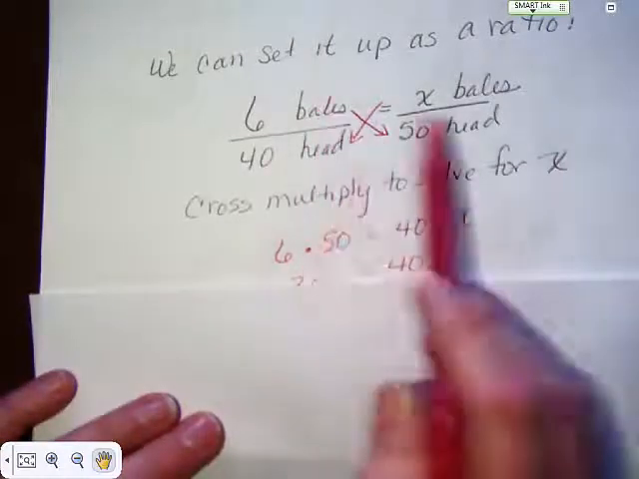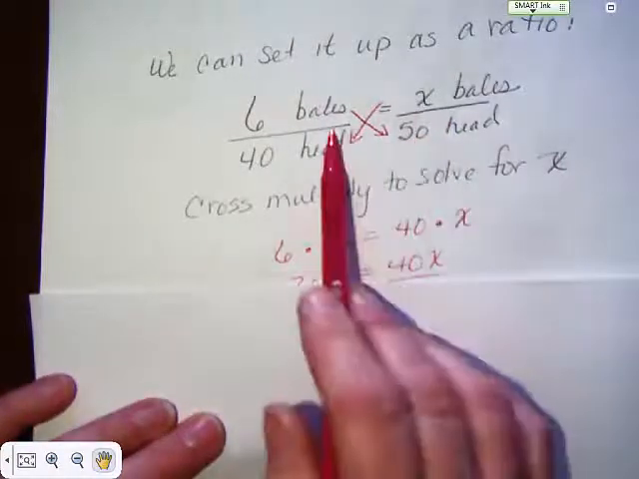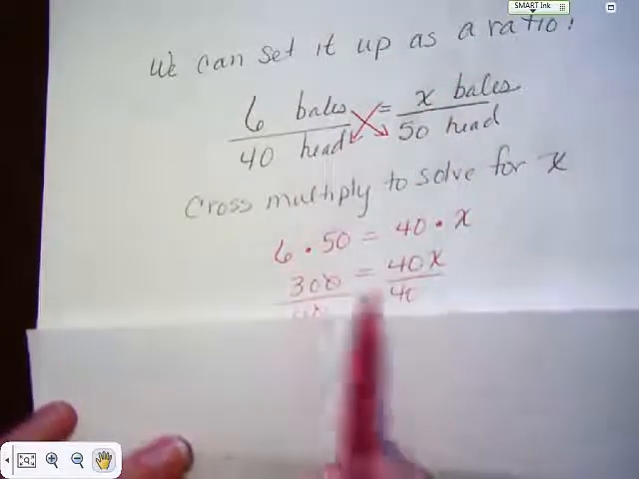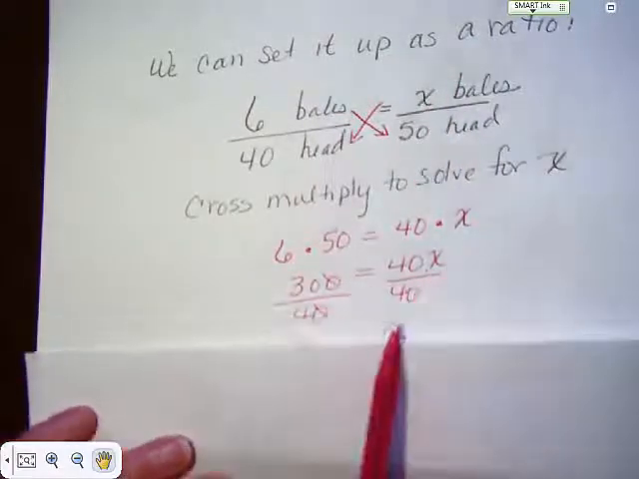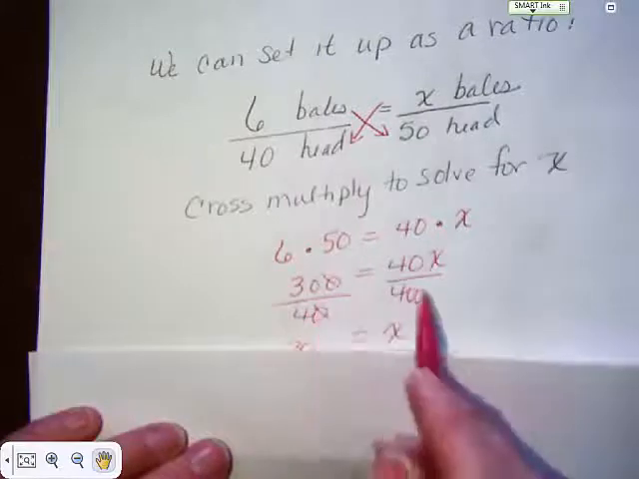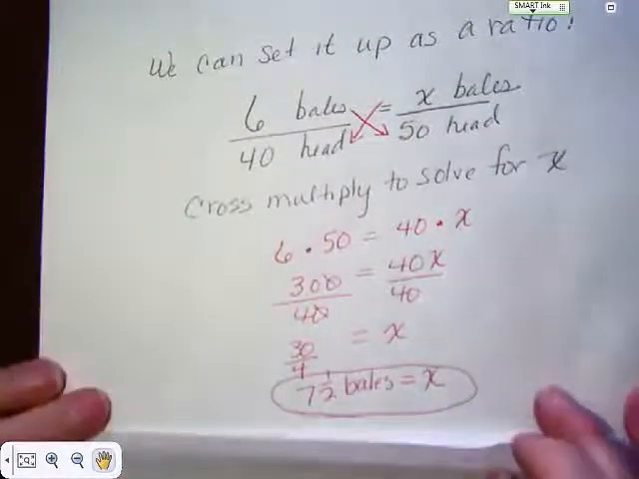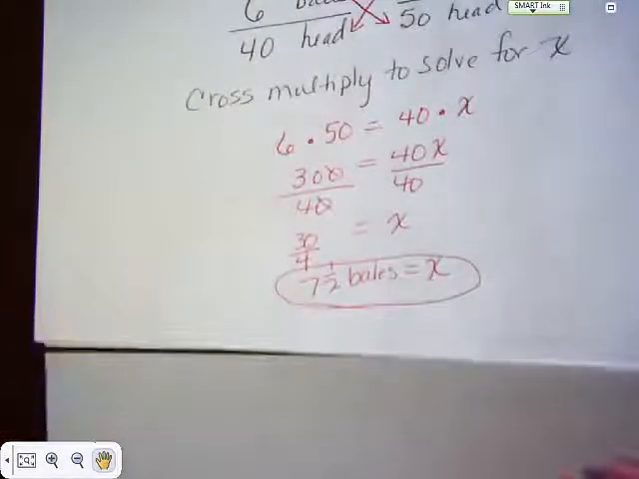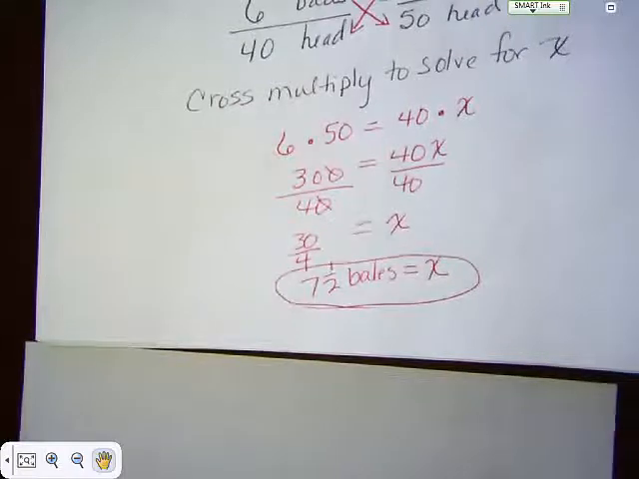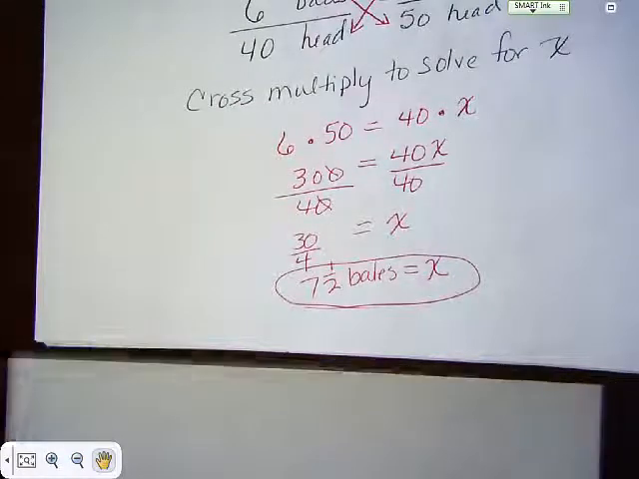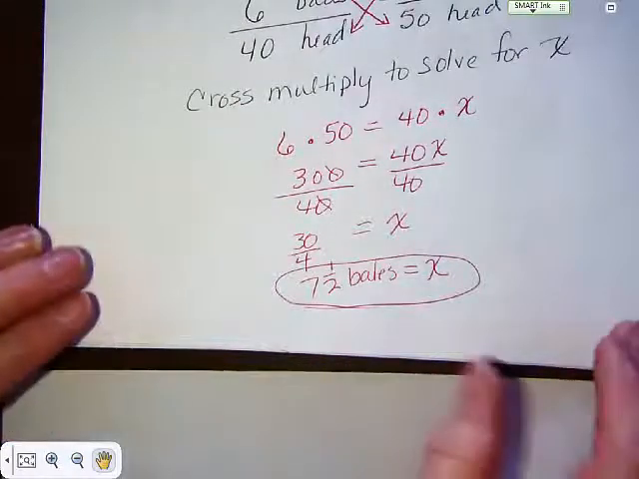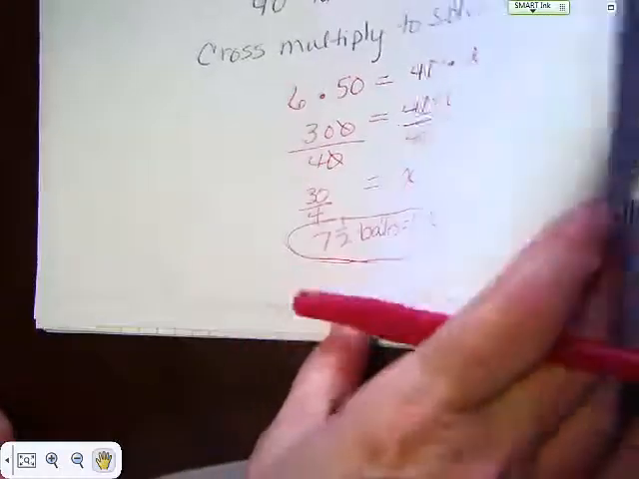6 times 50 equals 40 times X. 300 equals 40X. Divide by 40, you can take a 0 out. You end up with 30 over 4, which ends up to be 7.5 bales. It would take 7.5 bales to feed 50 head of cattle. Pretty straightforward, not too difficult. Okay, so going on,